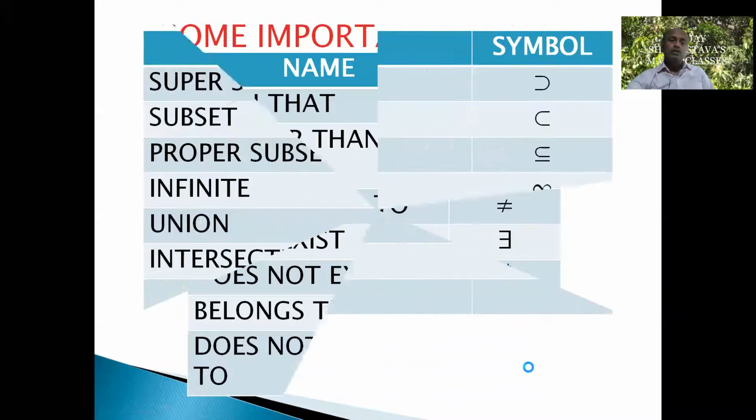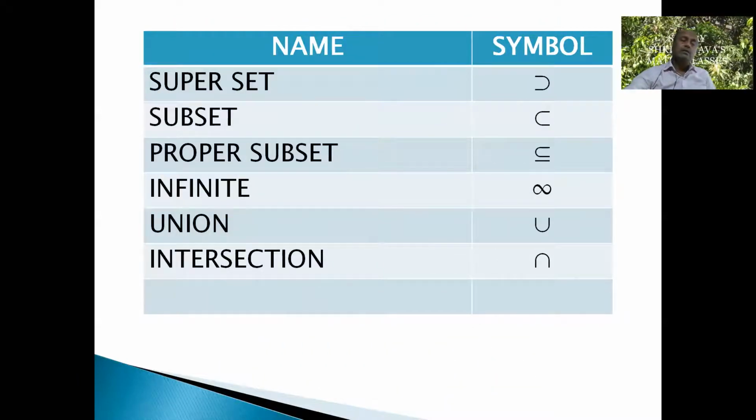So these symbols you can learn and write in your notebook. Then superset, subset, proper subset, infinite, union, and intersection. These are some basic symbols of mathematics which you can learn and use in your questions